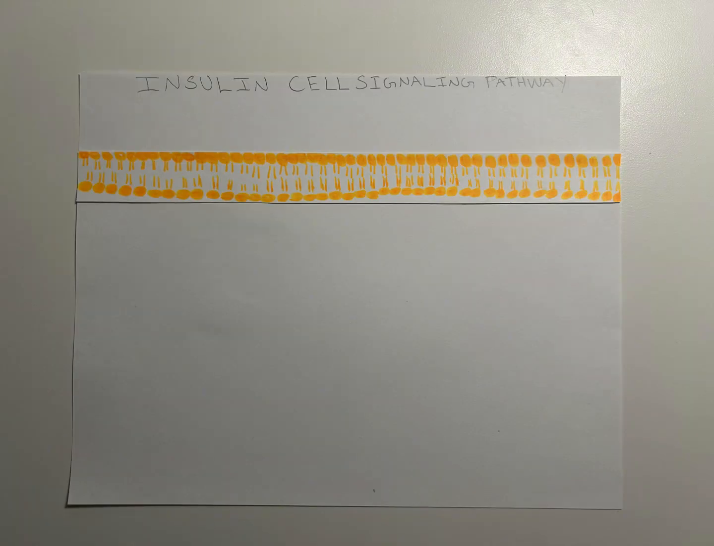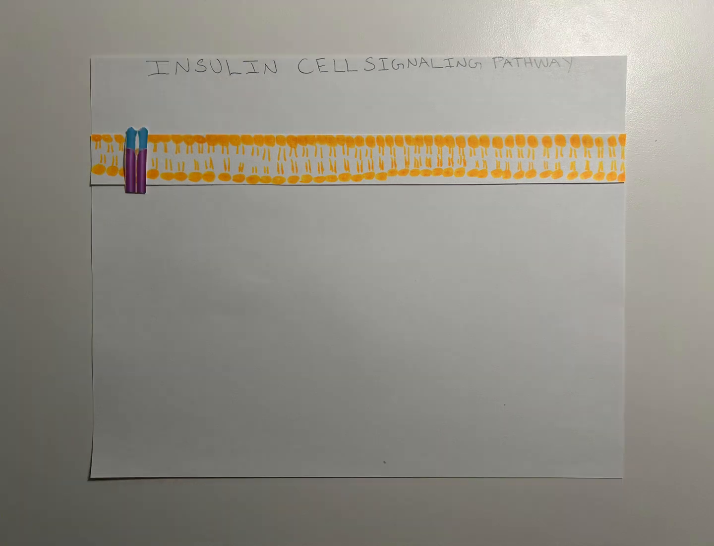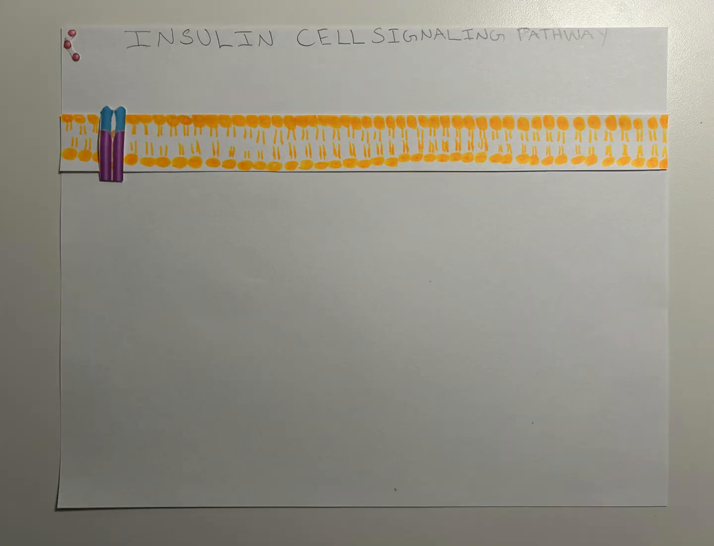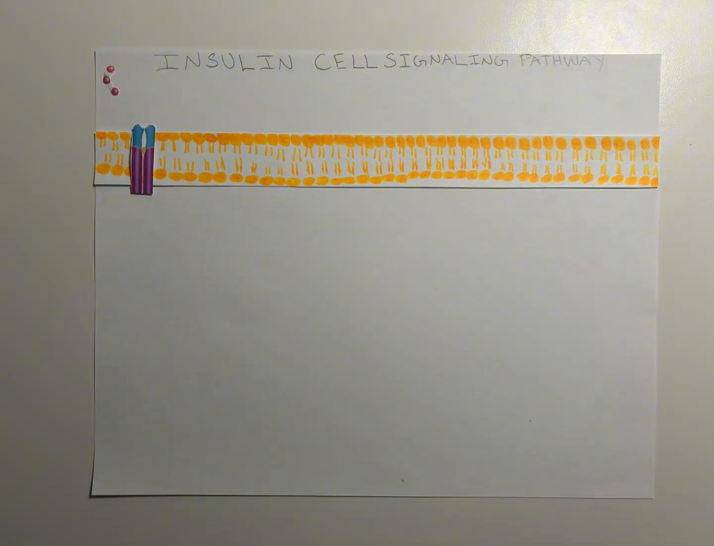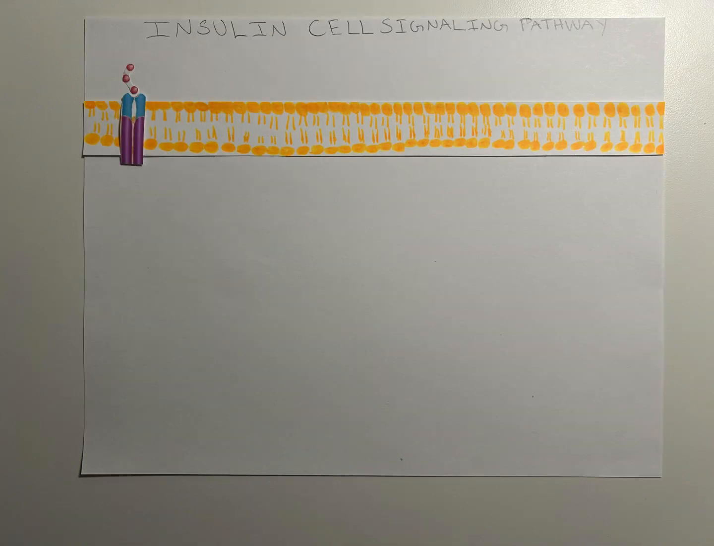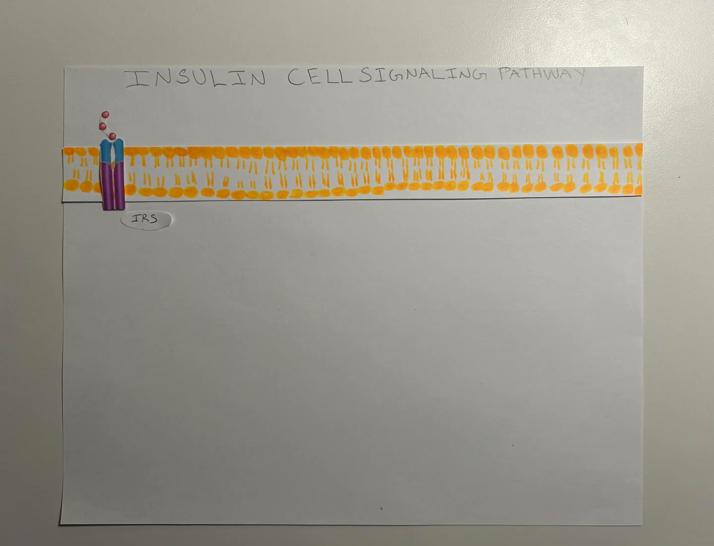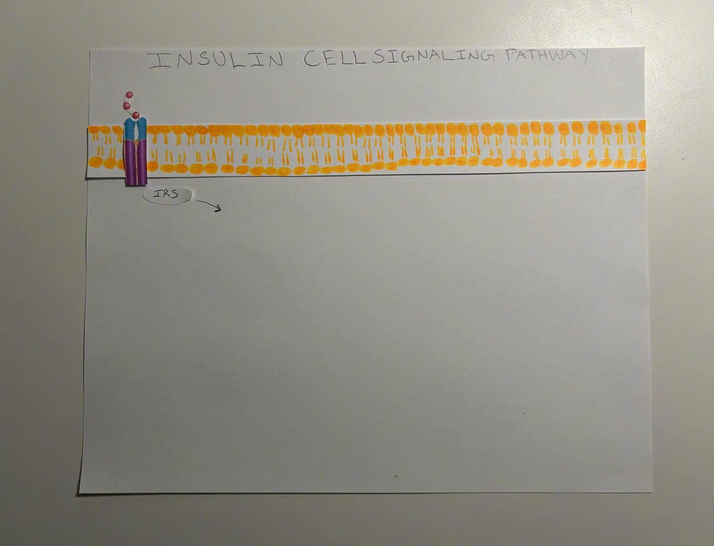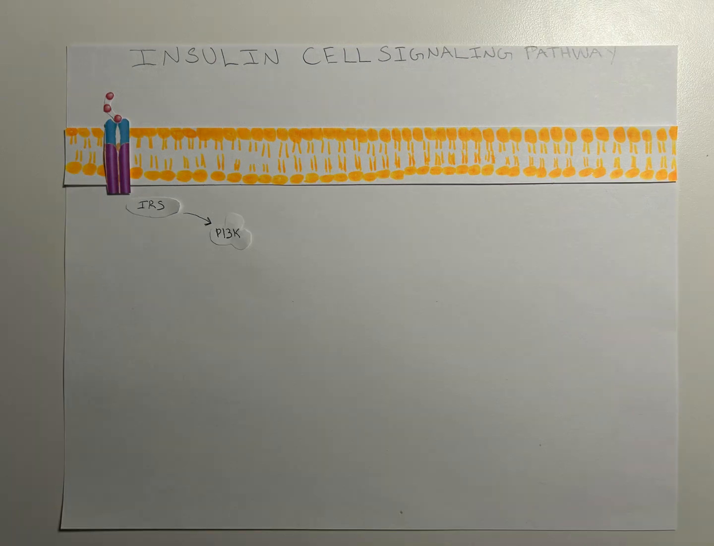Hi, we're going to talk about the insulin cell signaling pathway. First, the insulin comes from the pancreas and from what we eat, and goes into a cell receptor, otherwise known as activating the IRS, which is the insulin receptor substrate, and it's transmitting the signal from the insulin receptor to the cell's interior, which then goes